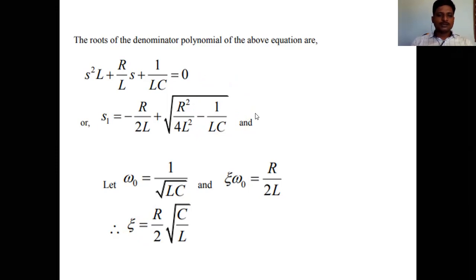Once you assume all these terms, that is omega naught, zeta omega naught and zeta, then